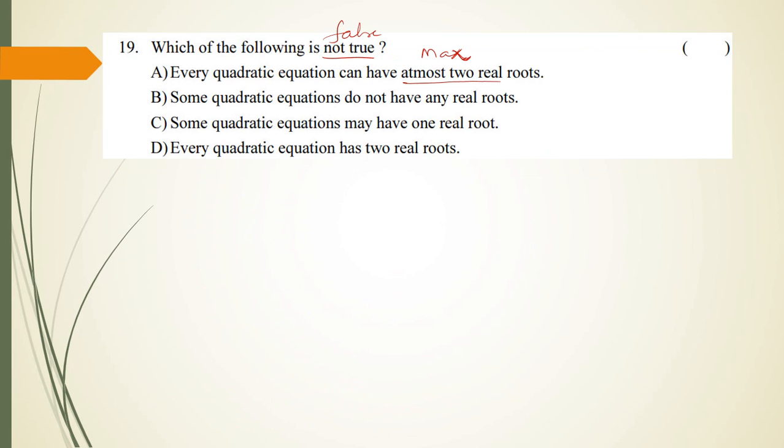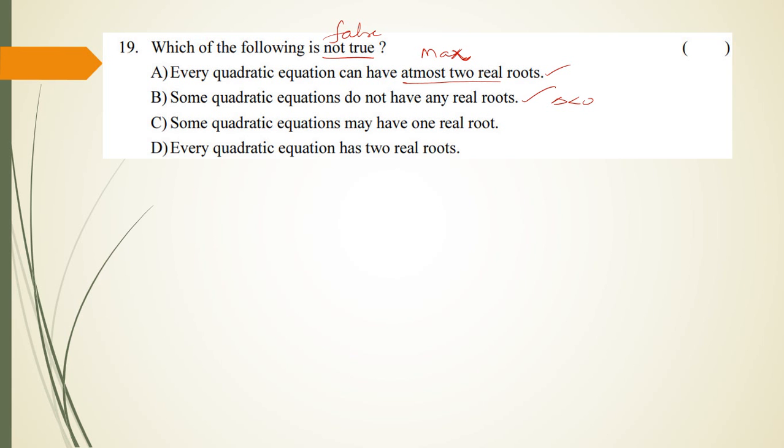So every quadratic equation can have a maximum of 2 real roots, or it may have a minimum also, right? So from this, option A is correct. Some quadratic equations do not have any real roots. So for delta less than 0, you know that the quadratic equation will not have any real roots, so this is also correct. Some quadratic equations may have one real root,